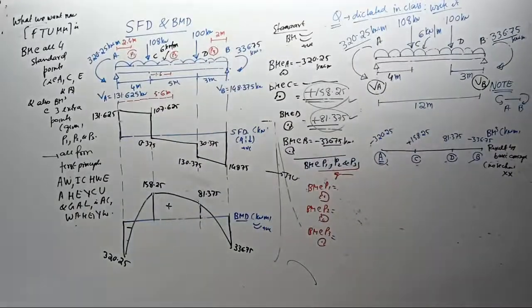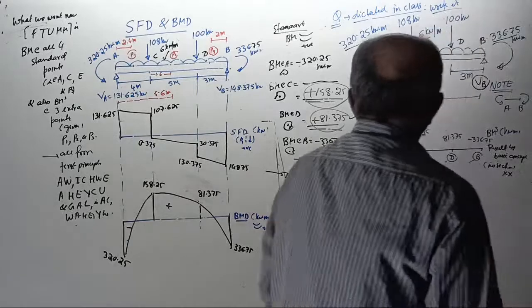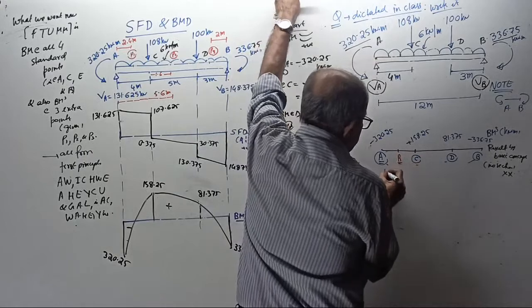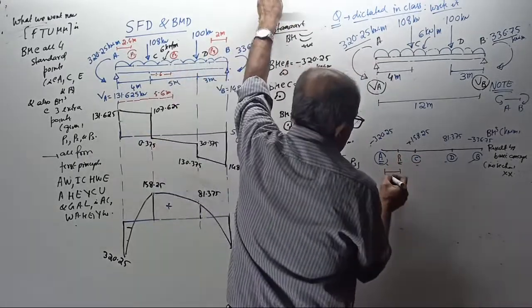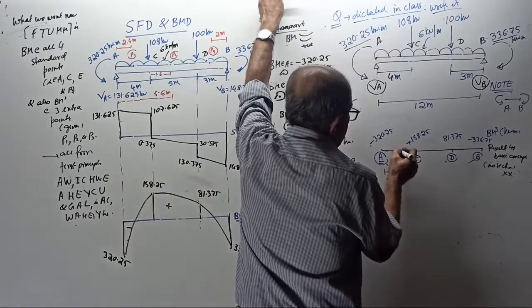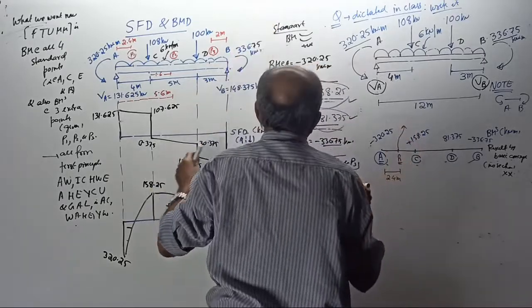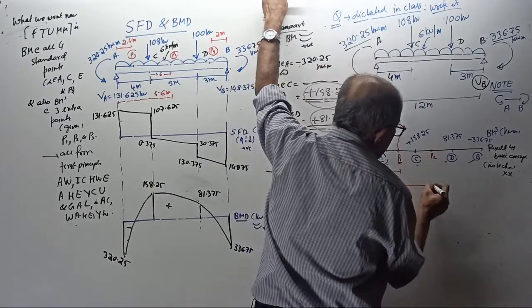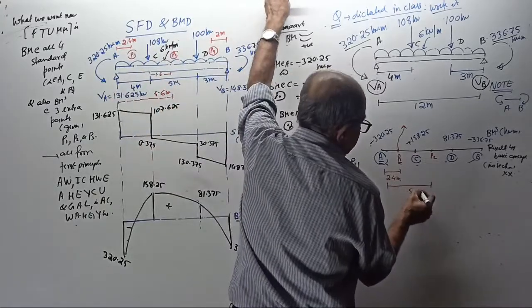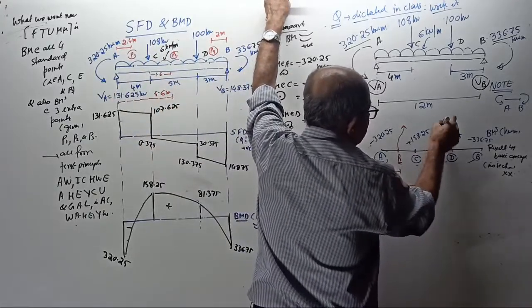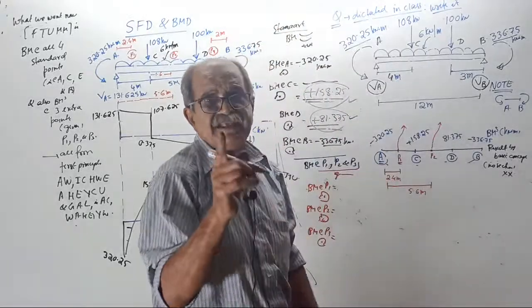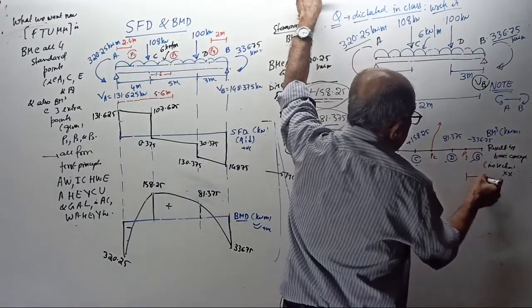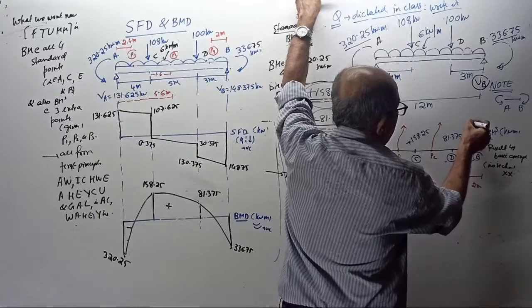4 random points. Those 4 random points, see correctly, one of them is P1. P1. That is at how much distance? 2.4 meter from here. Their answer is how much? I have to get it now. One more point is P2, which is from left end at how much? 5.6 meter. Their answer is, red color I am showing. See, random point XX, random, X, red color. One more point is P3. P3 is told at 2 meter from here. Their bending moments are,